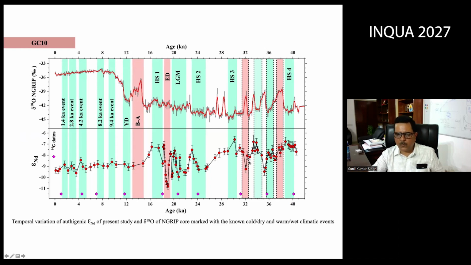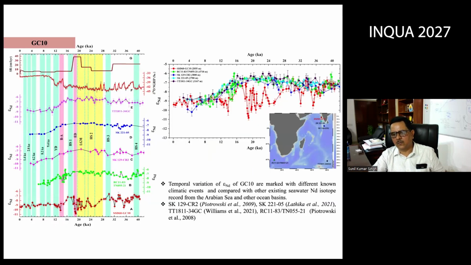And particularly if you compare with the different sediment core, which is in the Southern Ocean as well as in the North Atlantic, you can see here we have plotted. So if you see before almost 28 kilo year and about after 12 kilo year, the isotopic signature of the GC10 is matching, but particularly during the LGM, isotopic composition of the GC10 is significantly different than the global value, or the water mass value. And again, here also, I think it is getting controlled by the amount of sediment coming from Bay of Bengal